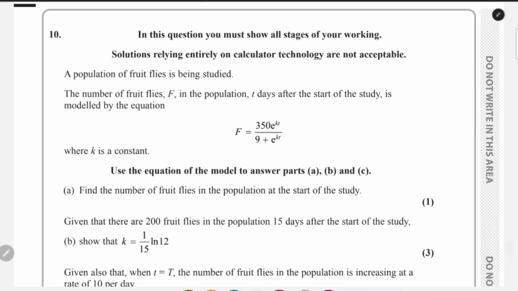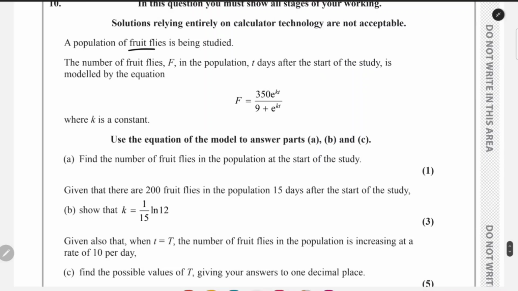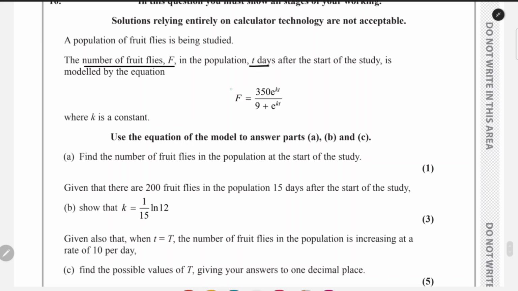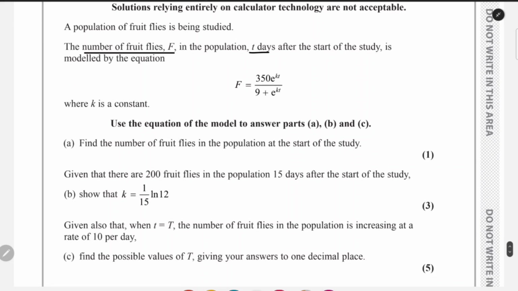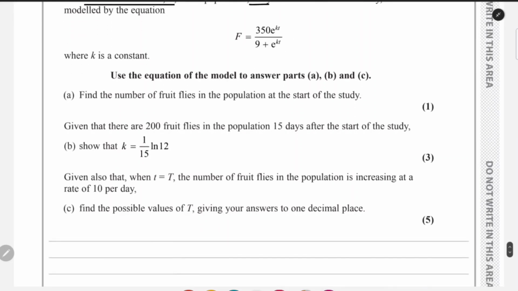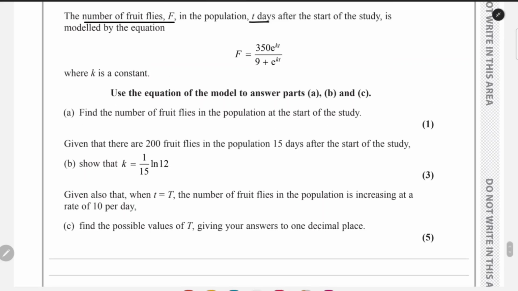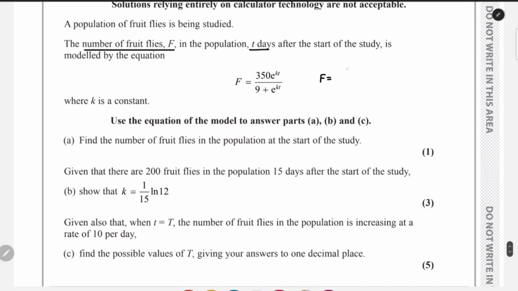So we have a population of fruit flies being studied. The number of fruit flies f after t days is modeled using this function over here. From that, for part A, we have to find the number of fruit flies when we started the experiment. So the value of f when t is equal to 0,